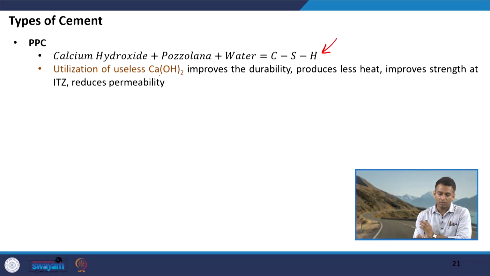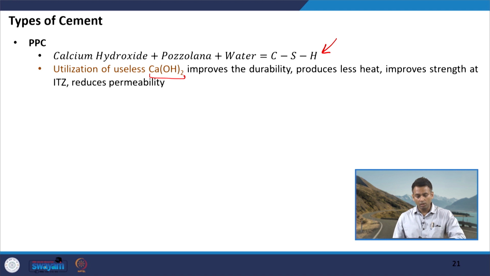One of the benefits of using Portland pozzolana cement is that it utilizes the useless calcium hydroxide. We have already discussed that an excess amount of calcium hydroxide is not desirable, because it does not contribute to strength, and if it comes in contact with sulfates, it can increase the volume of the mixture, which can be detrimental to the durability of the concrete. So, since it is utilizing this calcium hydroxide that is produced, the use of pozzolanic material improves the